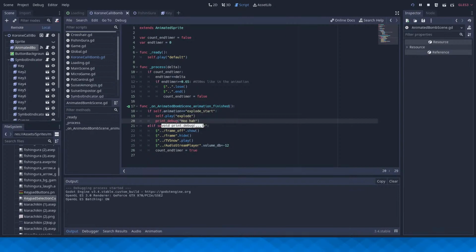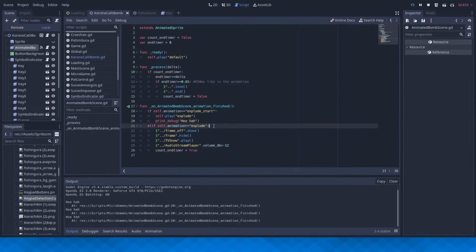We're going to take a look at the output, so, no game visuals for you. Alright, skip this. So what's going wrong here? Do we get the debug print? Yes! We get a hoo-ha.